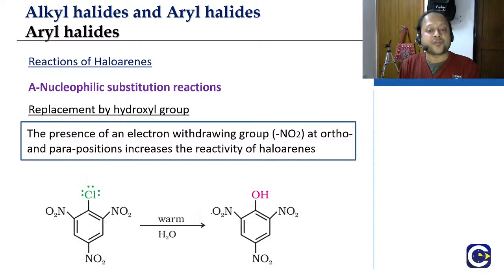And if you have got 3, then all you need to do is simply warm it, right, close to your normal conditions. So therefore, more the electron withdrawing groups at ortho and para positions, easier it is to do nucleophilic substitution reaction,